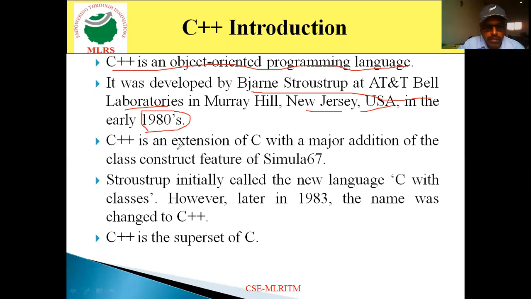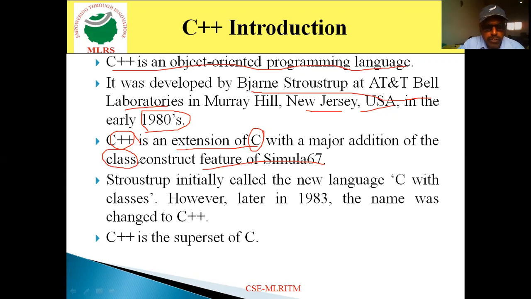Basically, C++ is nothing but an extension of C. How C++ was formed indicates that whatever features are there in C are also there in C++. Apart from these C features, Stroustrup added one more feature from Simula 67, and that feature is nothing but the class construct.